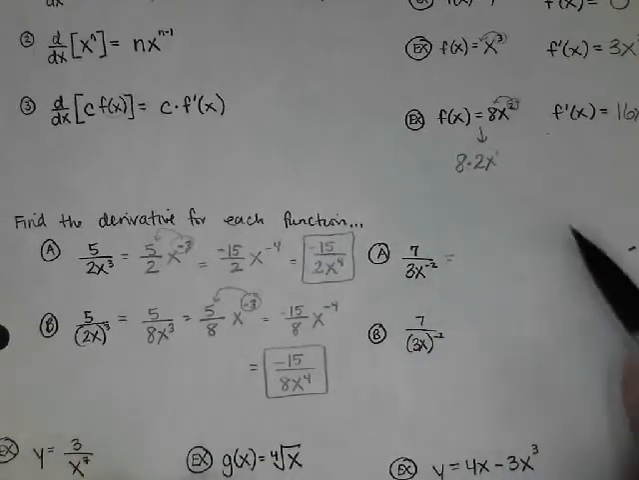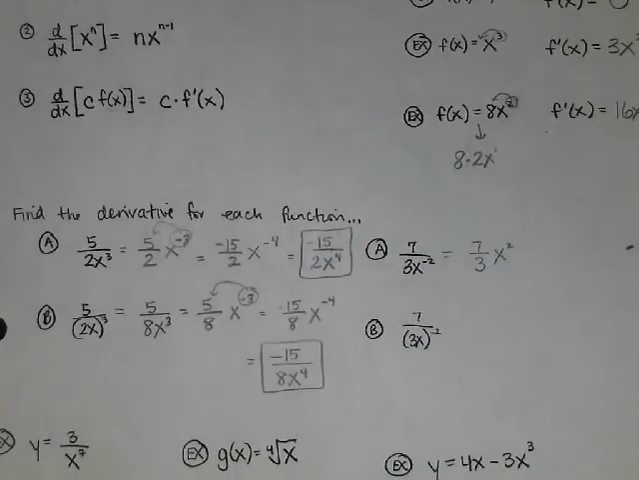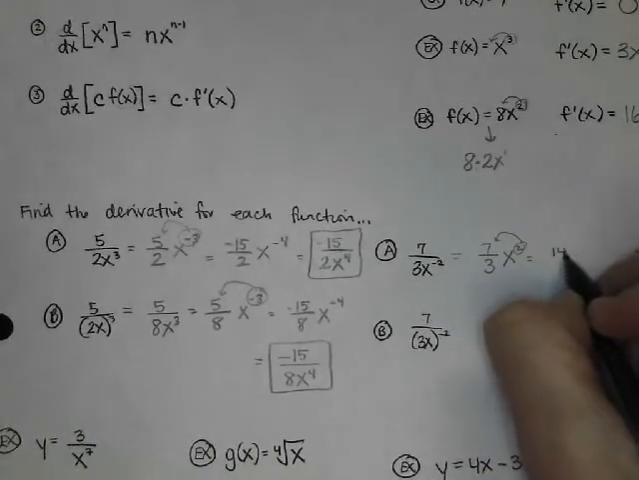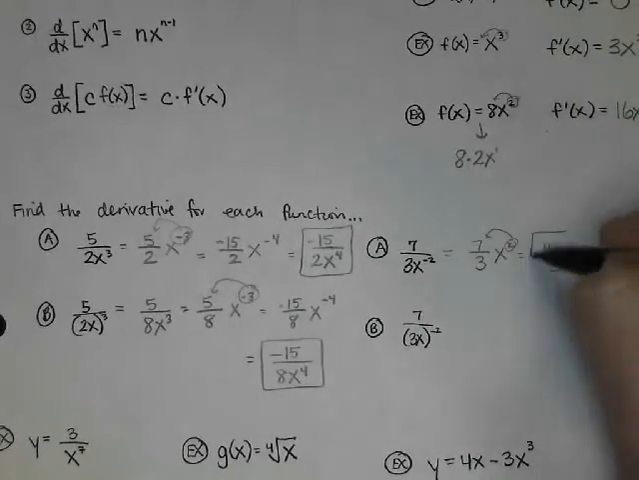In A, where it's in the denominator and it starts as a negative exponent, you just would bring it out of the denominator just as a positive exponent and follow your power rule. So your 2 comes out in front. 7/3 times 2 is 14/3, and then it'll be x to the first power, which we can just leave as